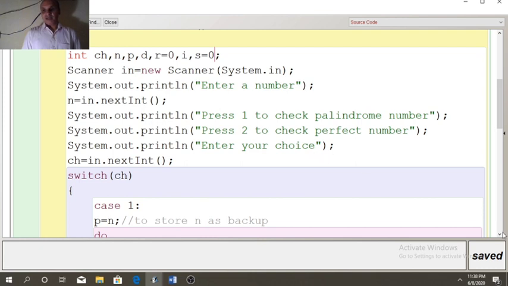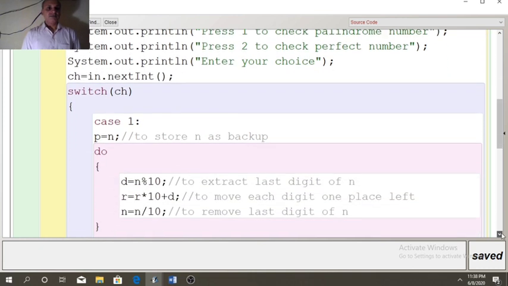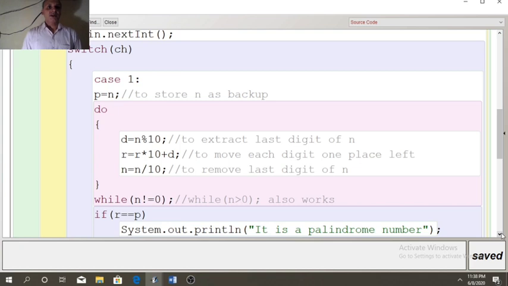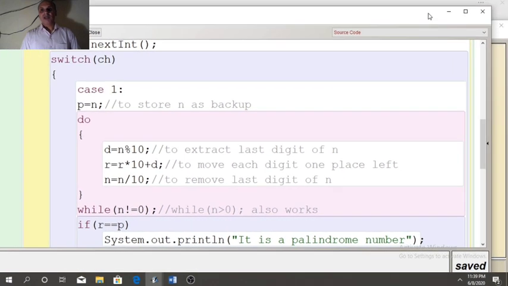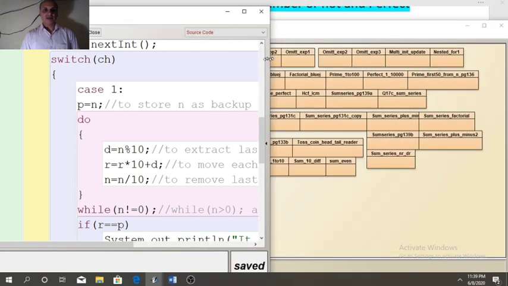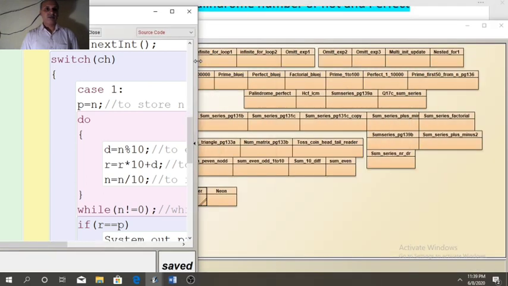Now we will see the logic. See the logic of reversing the number. I have made the logic, so I will explain it along with the program.